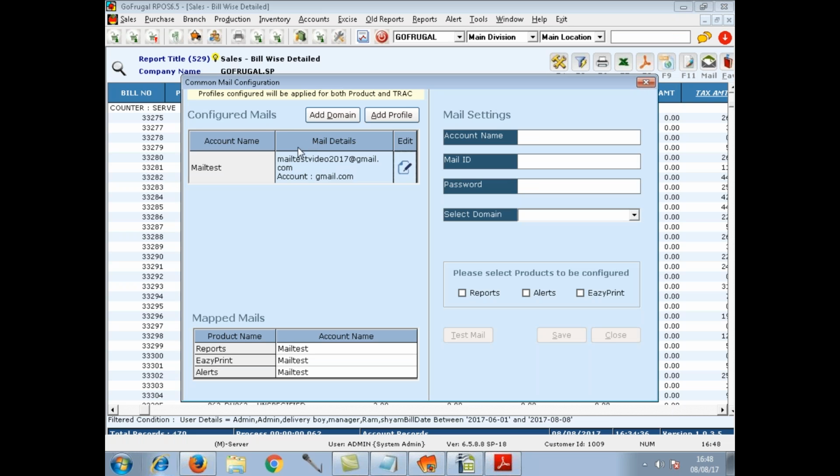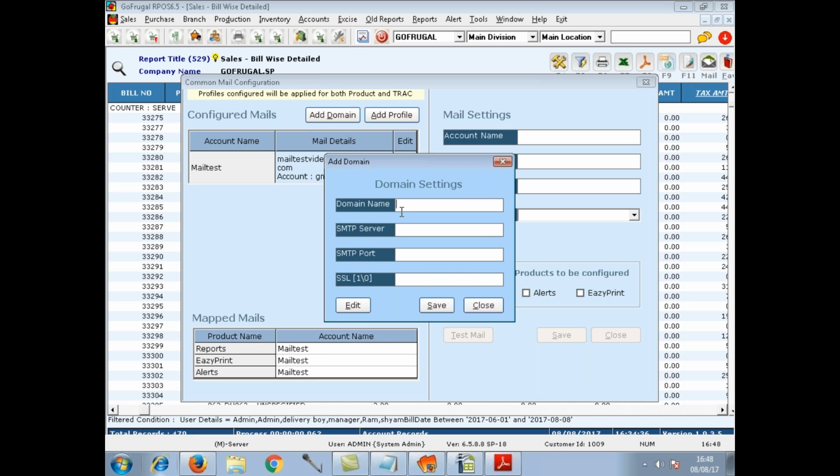So here is the Common Mail Configuration tab, in which you can first click on Add Domain. Clicking here, just press on Edit. So you will see a drop down option here. Click on the same to configure the domain name first,